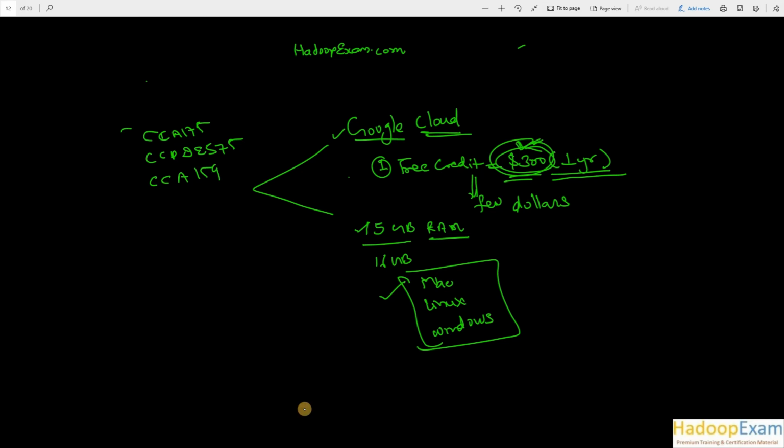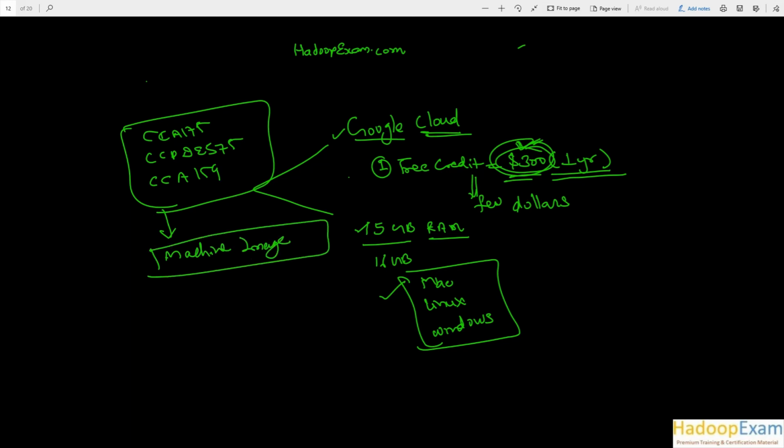We would first be creating a machine image, and this machine image would have the basic software which we need to set up our Cloudera data platform. Once we create it, there are a few instructions we need to follow for this machine image setup, and once it is set up, we would store it until we want it, and from this machine image we would create as many instances as we want. We can create 1, 2, 3, 4 instances if you want.